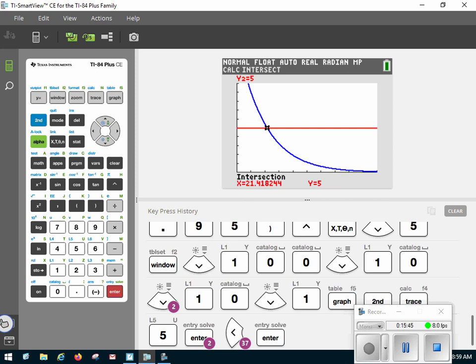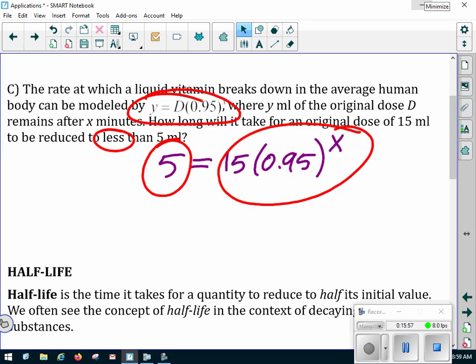Let's round to the nearest hundredth. 21.42 what? Minutes. 21.42 minutes. Now listen. 21.42 minutes is when there is